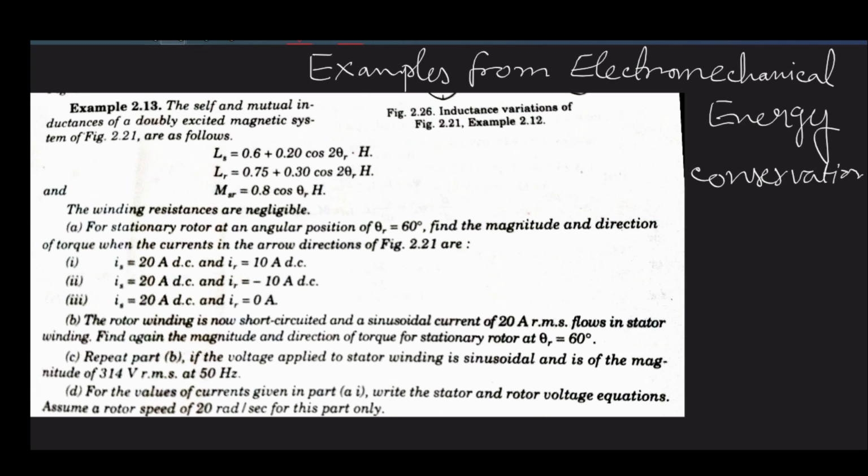One simple thing: if you notice that LS and LR contain a term that is twice the rotor angle. If your system is smooth with no saliency, then this becomes independent of theta. Let me draw it quickly here,